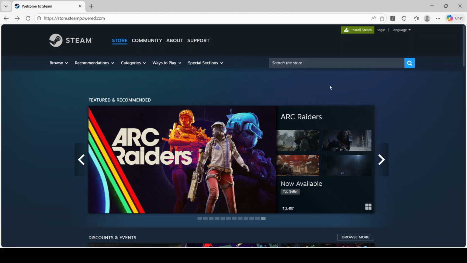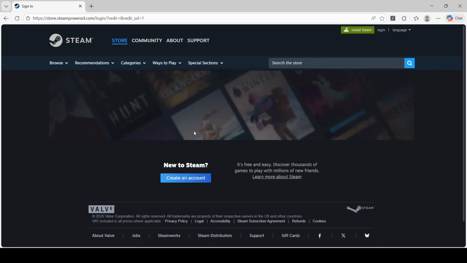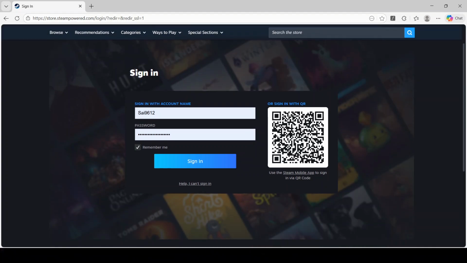Now move over to your computer. Open the Steam client, or go to the Steam website in your browser, and head to the sign-in screen. Choose the option to log in with a QR code. The screen will display a large square QR code that is unique to your session and typically refreshes after a